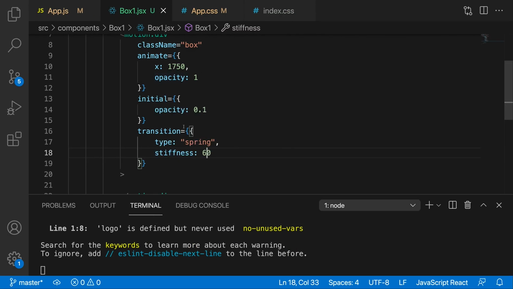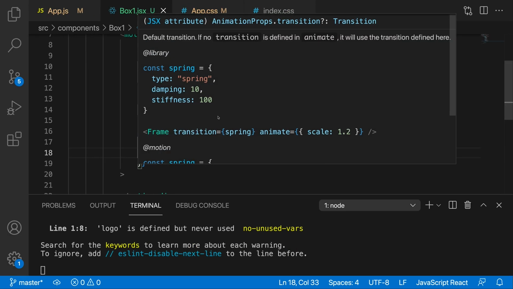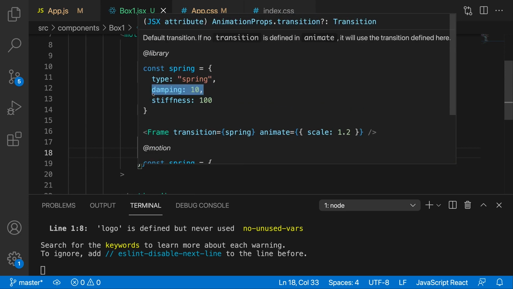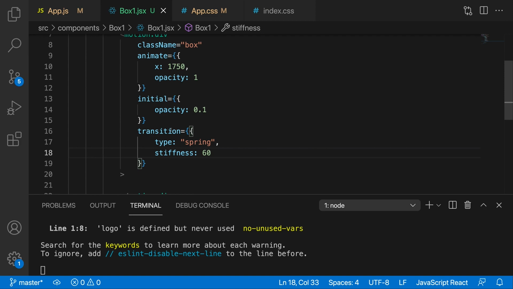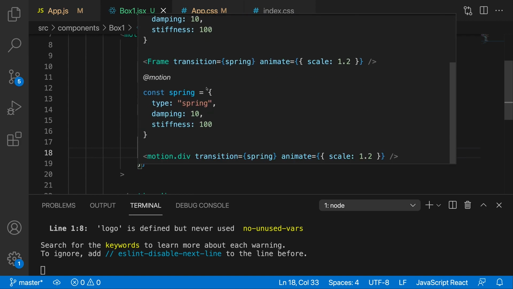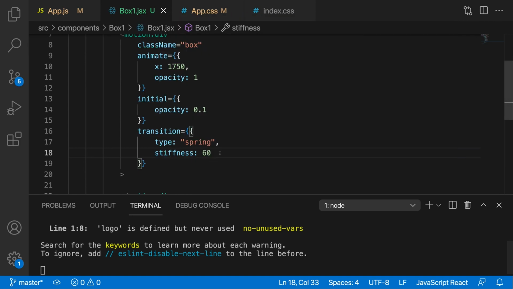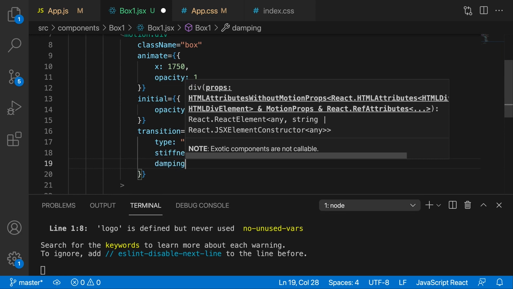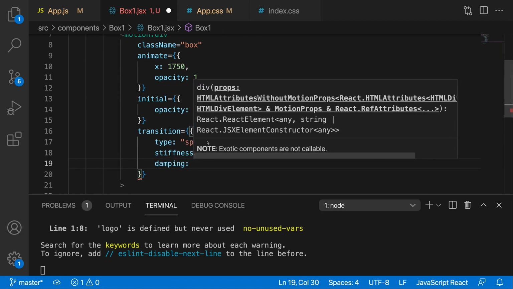So over here, you can see that it's very stiff, and therefore it's slower and there's a little bit less knockback. So I like this, and that's what I'm going to be using. All right, cool. Now, there's so many different things inside of this transition that we can use. We can use also damping, which is something I would like you guys to kind of look into. There's many different things. Now, let's actually explore damping a little bit. Let's do damping of